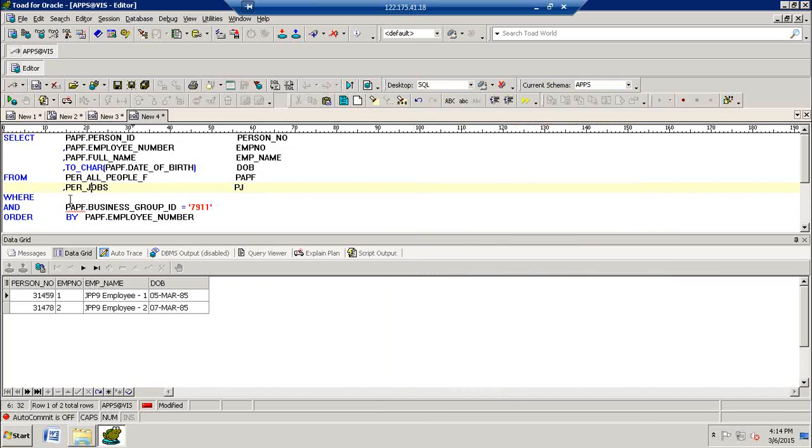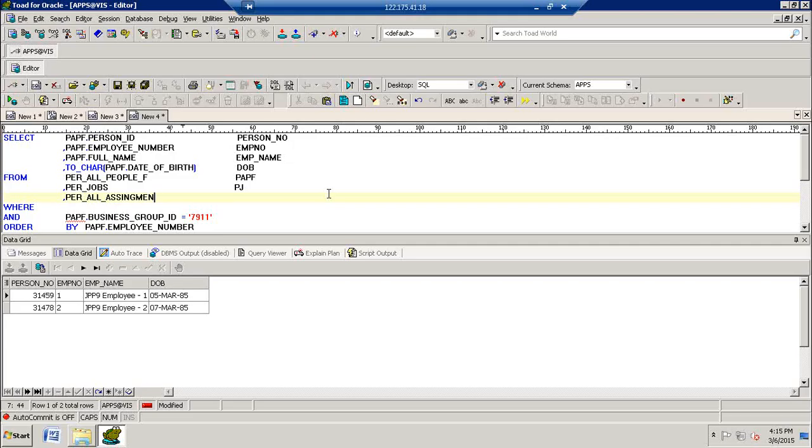Per all assignments F, that is the table. I already told you, whenever we assign the job and position, the respective table is reflected. Without using this table, it is not possible to generate the link. Right? Per all assignments F. So here we are going to generate the link. Definitely this table has the